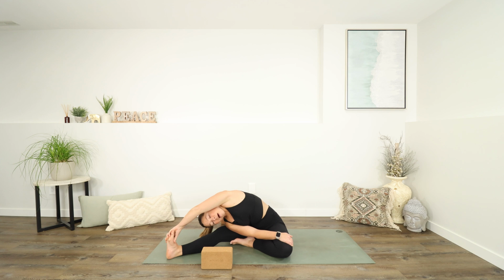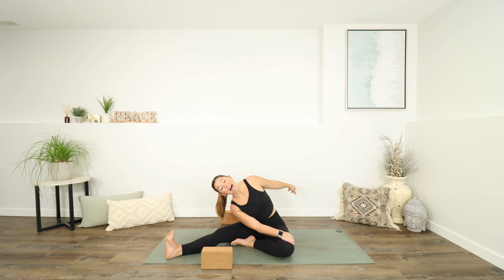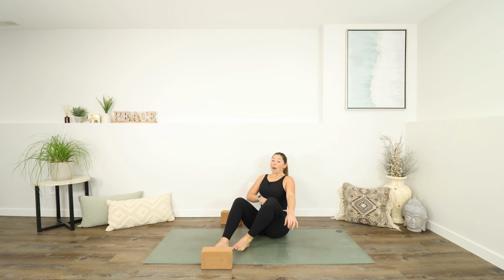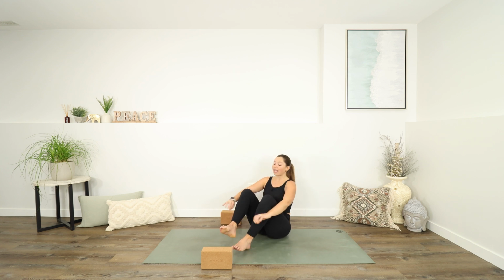You might end up holding your foot or reaching past it, and maybe you're breathing. Hopefully. And then just slowly lift yourself back up. And bring your knees back together. That was just a little bit of a side stretch bonus. Give your knees a little bit of a hug, a rock side to side. We're going to make our way back into our